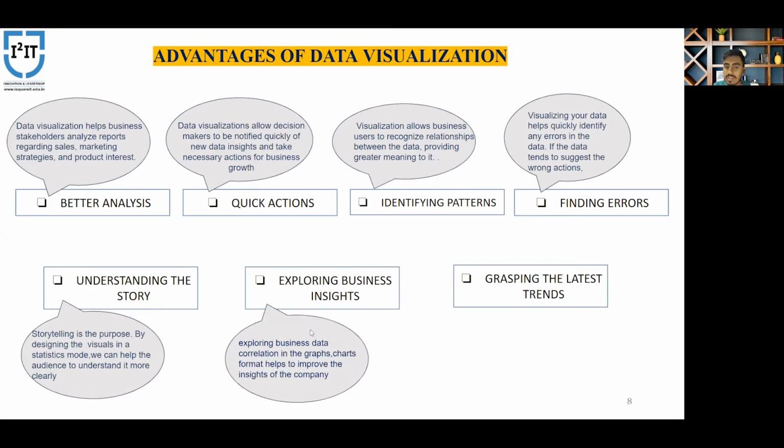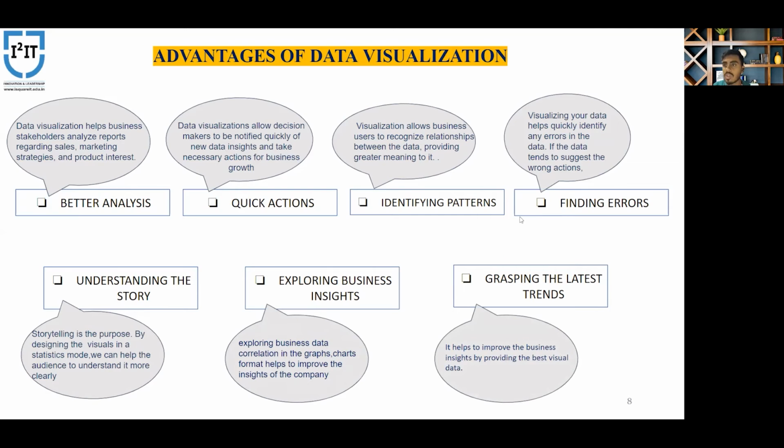Exploring business insights, which I have mentioned earlier, it is mainly used in business for understanding the graphs, charts, pie charts, and improving the insights of a company. Grasping the latest trends. It helps to improve the business insights by providing the best visual data. Providing the best visual data means providing the best data like graphs, pie charts, scatter plots, and everything.